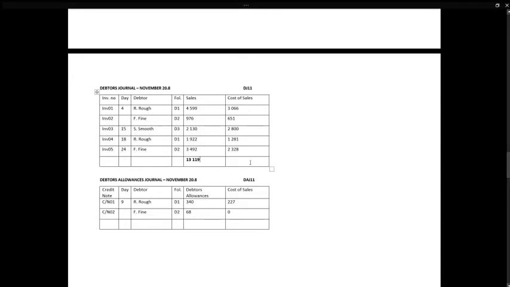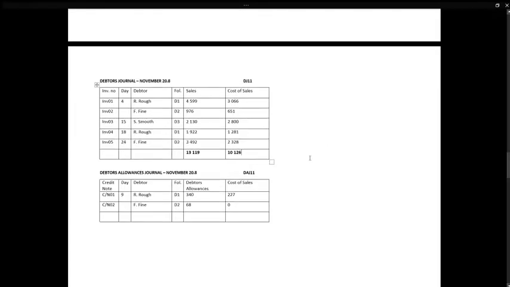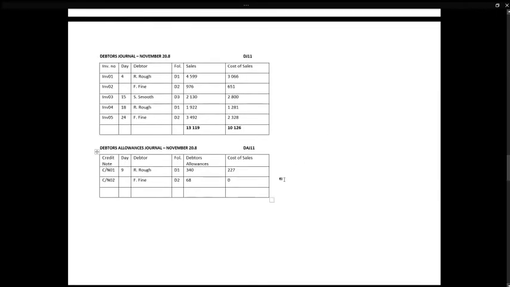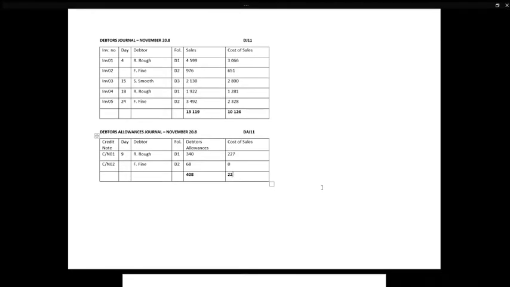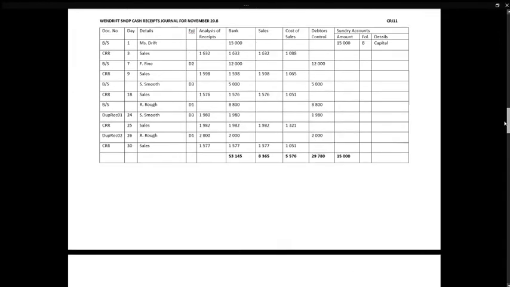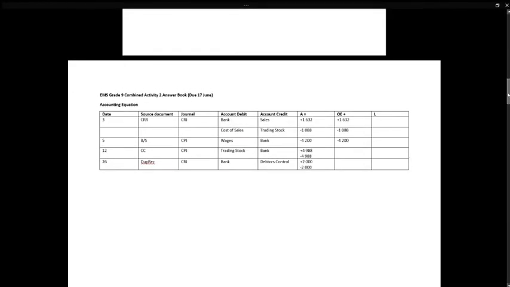Debtors journal, if you total your sales, you should get an amount of 13,119 Rand. Your cost of sales should total 10,126 Rand. And then lastly, your debtors allowances journal. Your debtors allowances will equal 408 Rand and your cost of sales 227 Rand. Right, now that we are done with the journals, we need to go to question 1.3